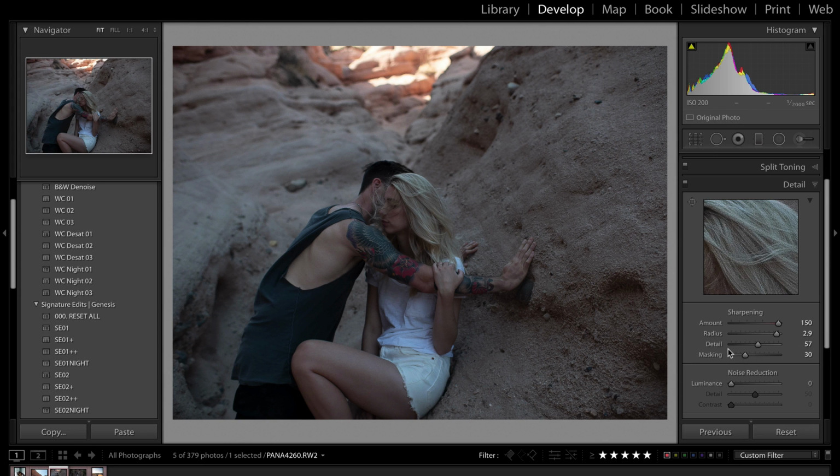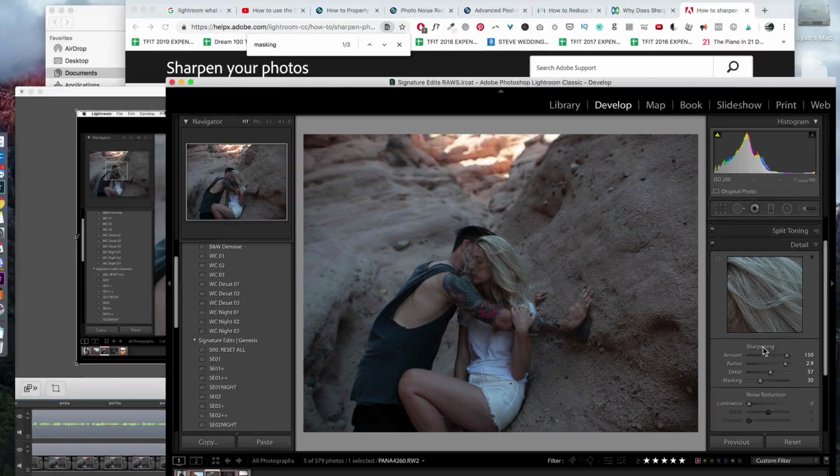But what's interesting is that masking and detail are kind of related to each other. Masking is working on how much of the details get sharpened. Detail is how much the details get enhanced. And I know it sounds confusing because it is, and even if you go to the Adobe website, which I did,